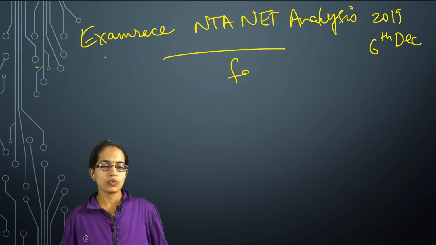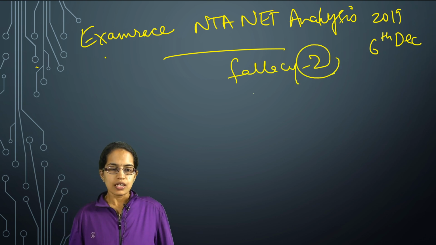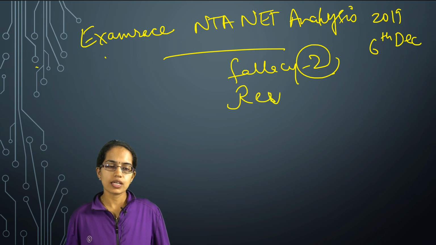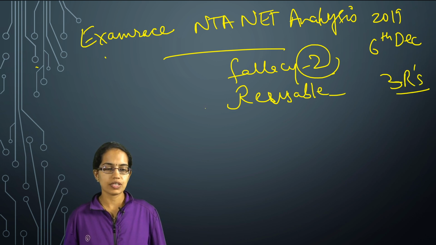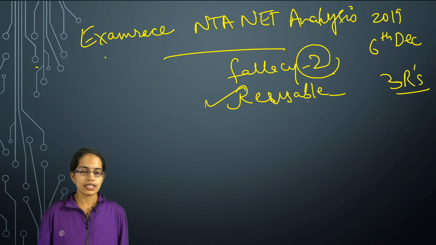Now this time again you had a lot of questions from fallacies. So 2 questions directly from fallacy. You had a question on which of the following is a reusable element. So under the 3 R's, where we talk about recycling and reuse, it's very important to see which of the elements could be reused. So let's say a tin can be reused, so a tin sheet could be converted into a tin can and